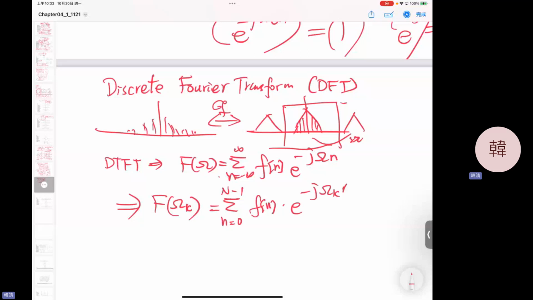So we can write the limited signal f of n times e to the minus j omega k n, where omega k, summation n from 0 to n minus 1 over the limited spatial domain signal,